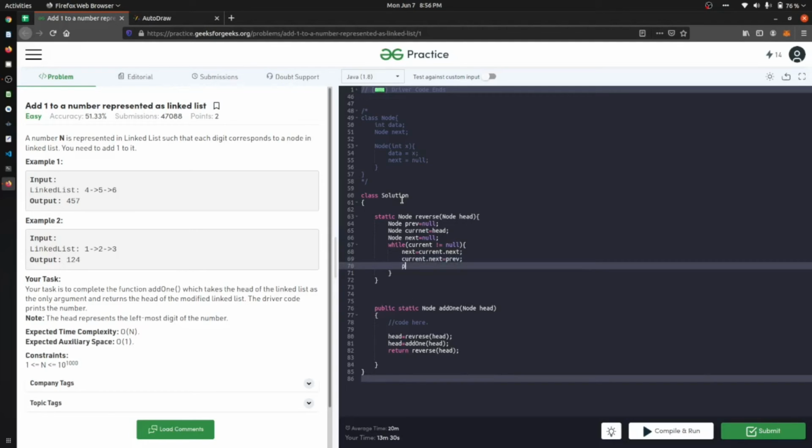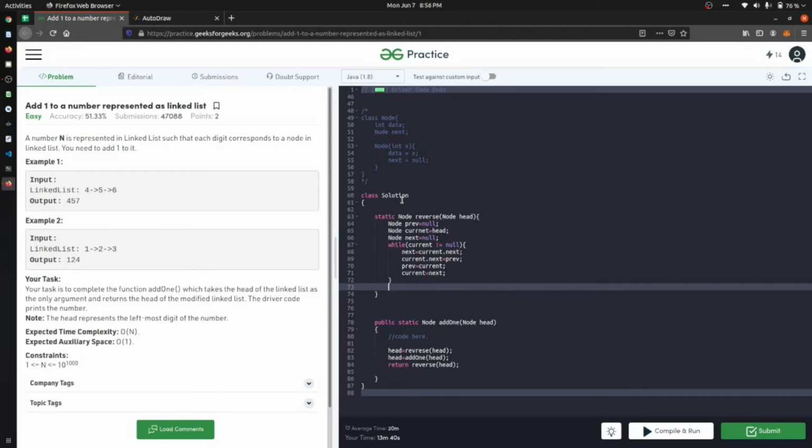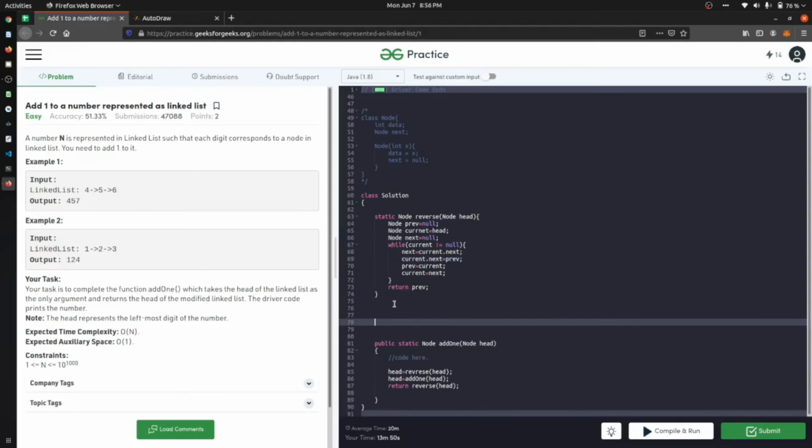Then previous is equal to current. And then current is equal to next. After this we return previous, because previous will be our last node after that. So we have reversed the whole thing, and after this we have to create an add 1 function.